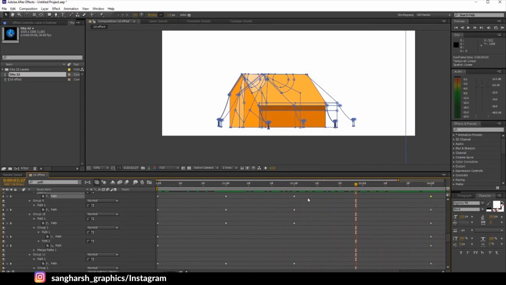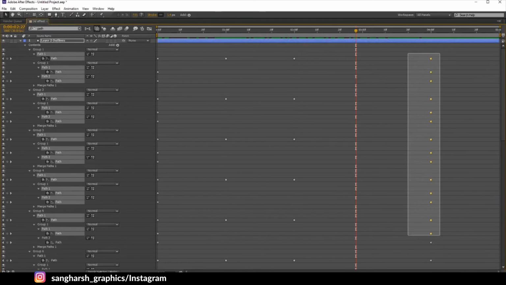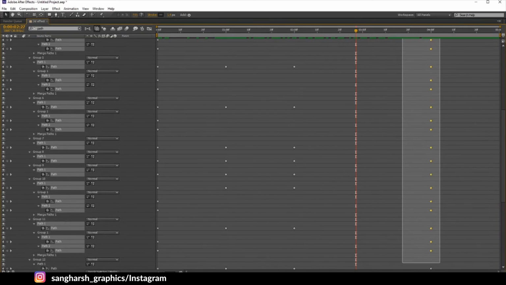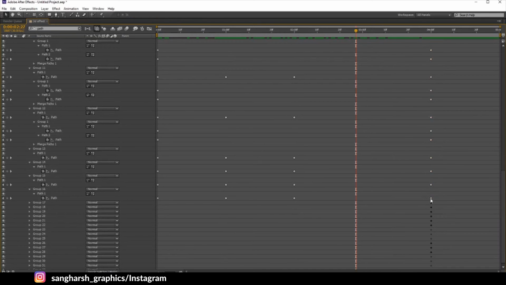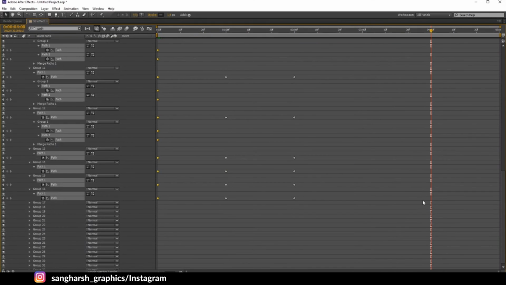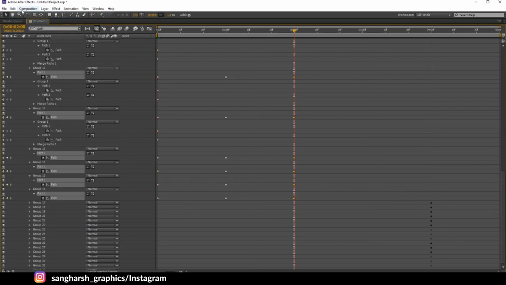Yeah, I have mistakenly given all these keyframes at 4th second. We need all of them on 3rd second. Just select all of them, just gonna copy the keyframes again.